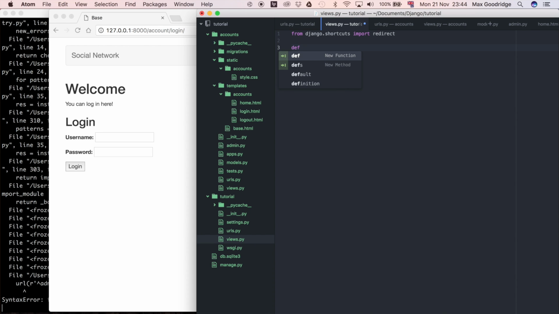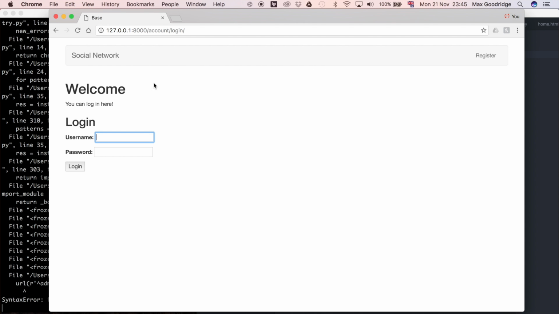All this is going to do is be a very short view to redirect someone to a different URL. So it's going to say login redirect, and so anyone that goes to the home page is just going to get redirected through to that login page. So it's going to say return redirect, and then the URL to redirect to, which is /account/login. So let's go and test that, see if that works. So if I go to the home,